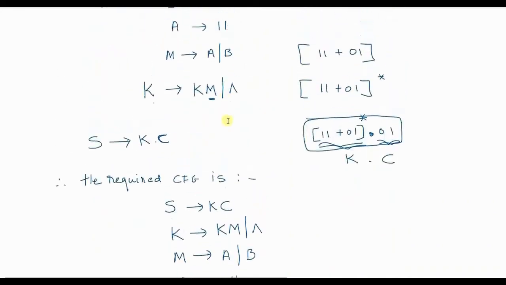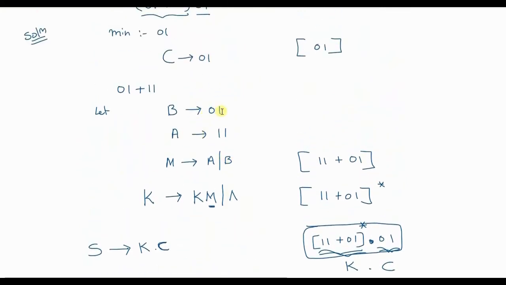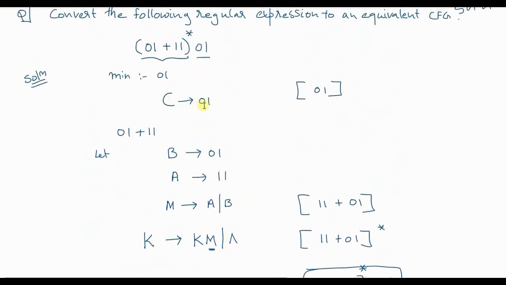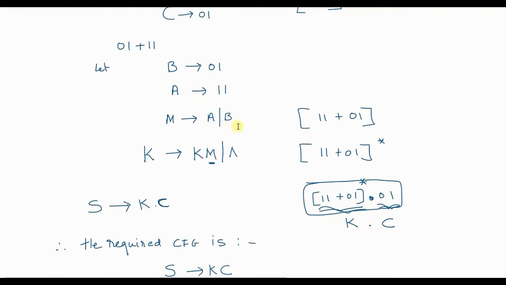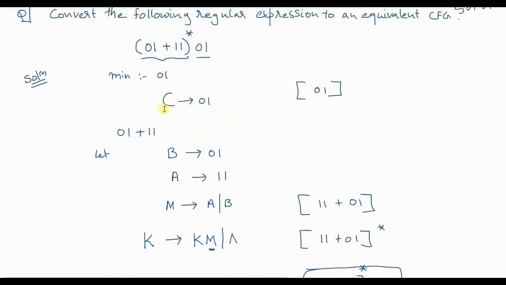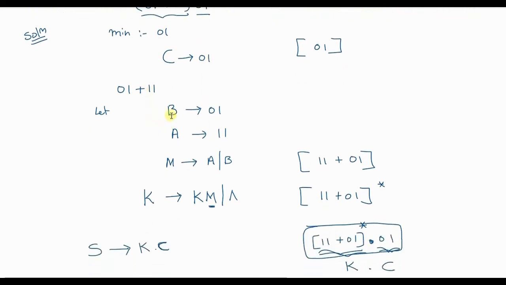Okay. In fact, since B gives 0 1, C also gives 0 1. You can use the same production, that is C, for representing this also. What I have done is written two productions: C gives 0 1, because I was talking about this 0 1, but also the 0 1 string is present here, so I had written another production B gives 0 1. Either you can do this, or a better way is to not introduce a new production called B. You can use the same C, because ultimately that C is going to give you the 0 1 string only.